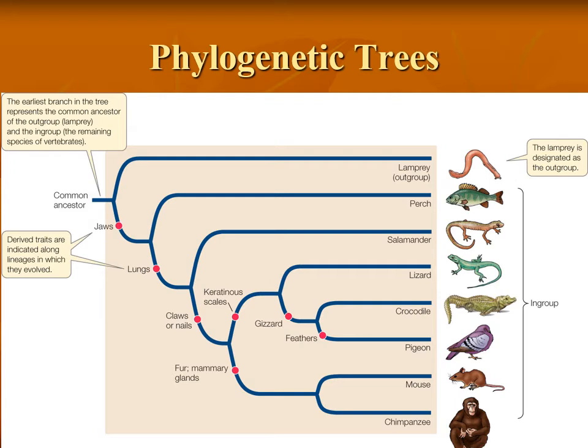And everybody else since then has jaws. Here's lungs. So lungs obviously evolved after fish. So everybody after lungs, after that lungs point, has lungs of some kind, right? So these are called derived traits or derived characteristics, that wherever they are, after that point, everybody has that. So feathers right here, all the birds like the pigeons are going to have feathers, but nobody else does. So depending on where they fall on here, tells you who has what characteristics, as well as where the organisms